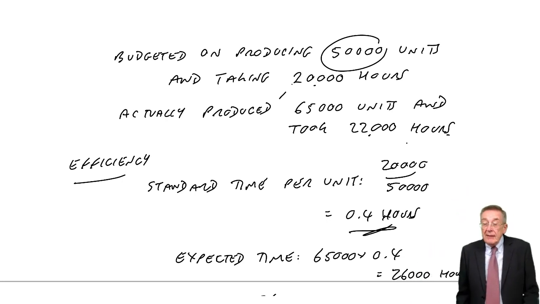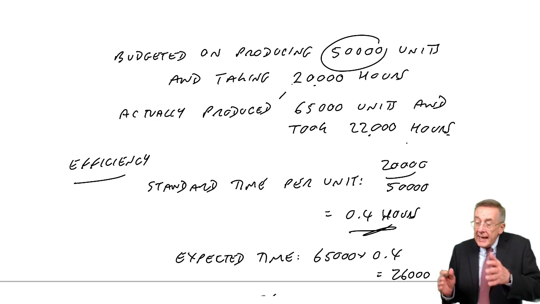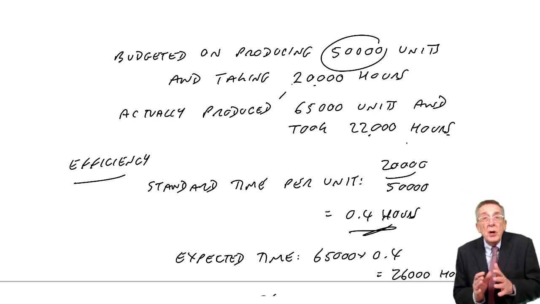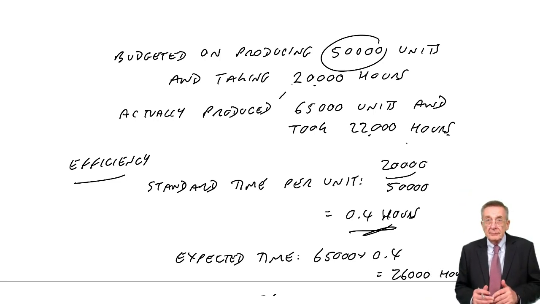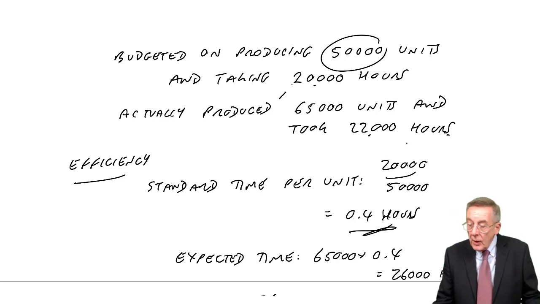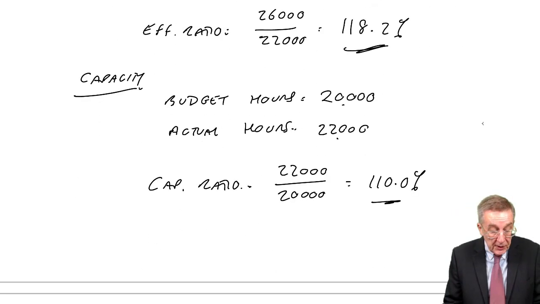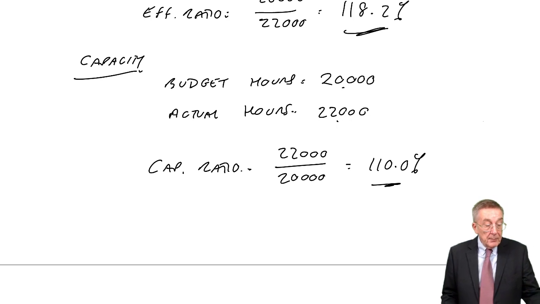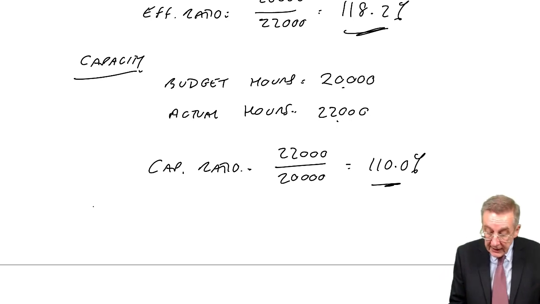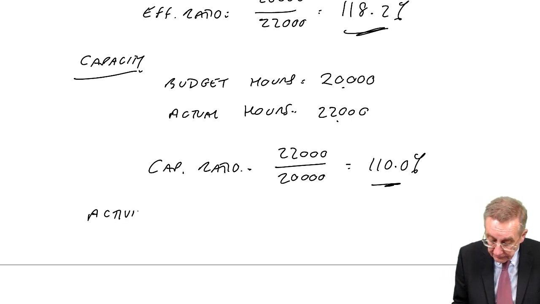The other way, even if we couldn't get more labour, is if they work faster. Well, activity effectively puts the two together. So the production volume ratio, or the activity ratio,